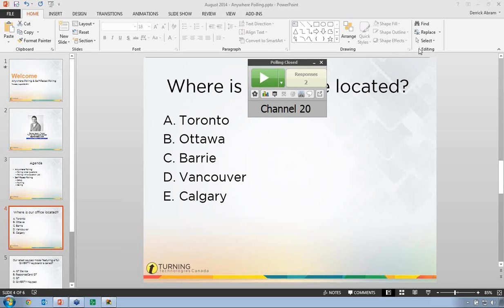Think of things like Prezi. Think, in class you want to show a YouTube video about something, and then you want to ask the class a series of questions about what just happened in that video. An example I can think of right off the top of my head, you've got a bunch of medical students in class, and you show a video on like a hand washing tutorial, right?